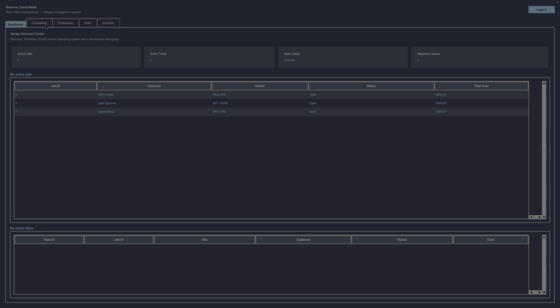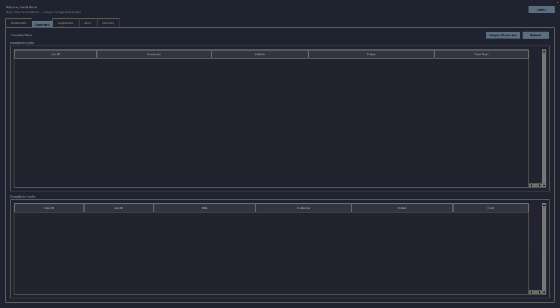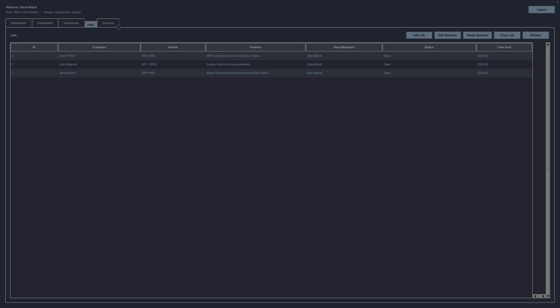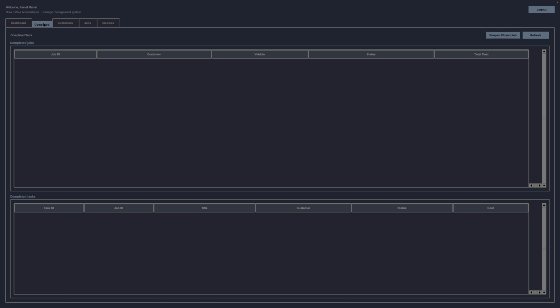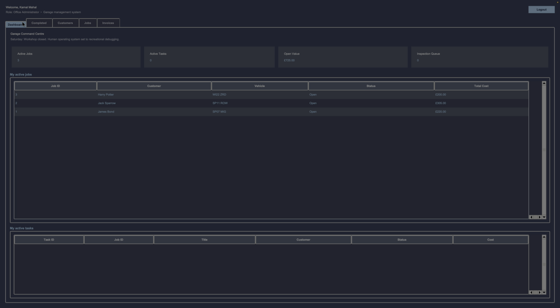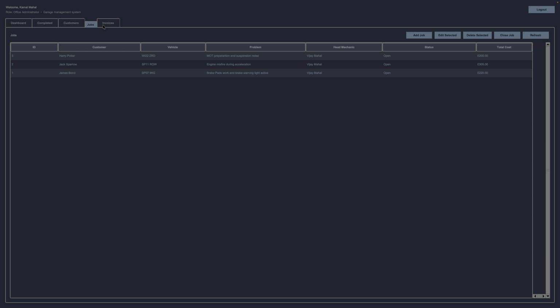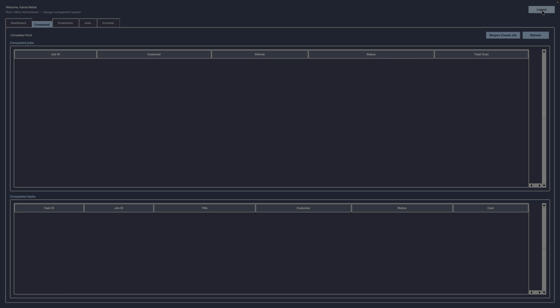There you go. And you can see that there's the Office admin dashboard, which shows the dashboard, completed tasks, customers, jobs, and invoices. So you can see that at the minute there's no completed tasks. Once there is a completed task, it will populate here, and then I can generate the invoice and mark it as paid. So what I'm going to do is